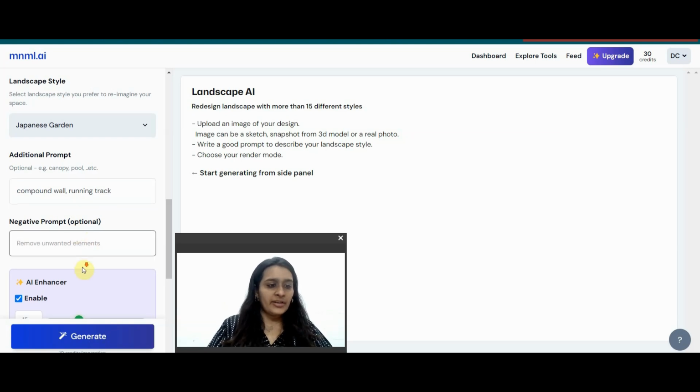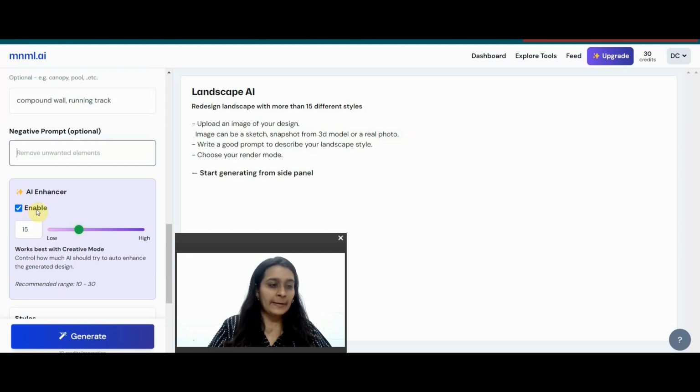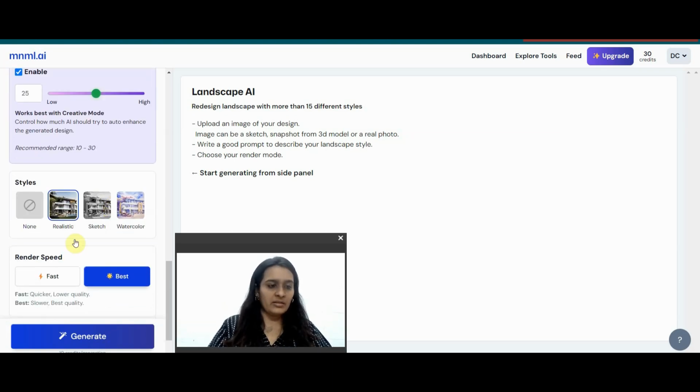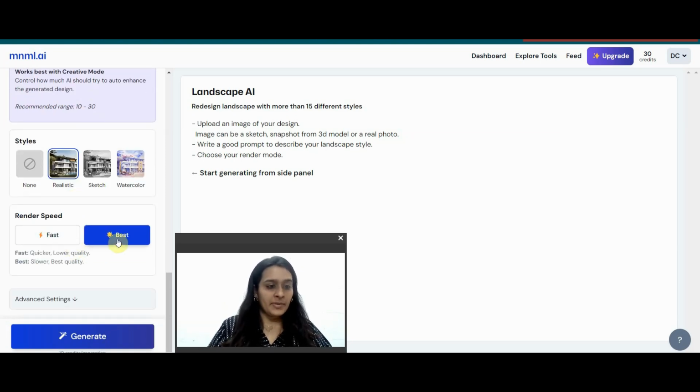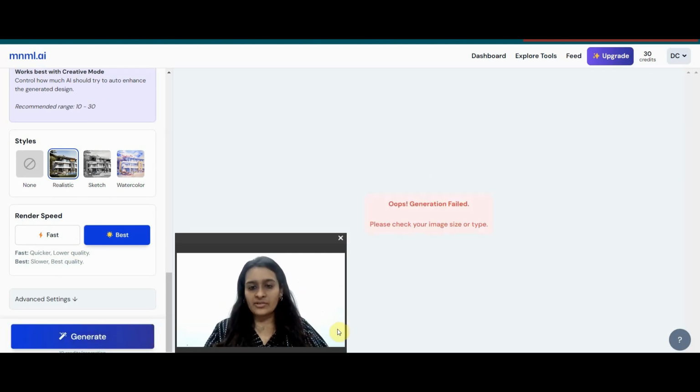All right. Negative prompt, I don't think we have any negative prompt which you would like to remove from our design. AI enhancer, okay. So I'll just go midway because it's very difficult. Okay, I want as realistic as possible. Render speed, all right. You can just generate and see what it has in store for us.